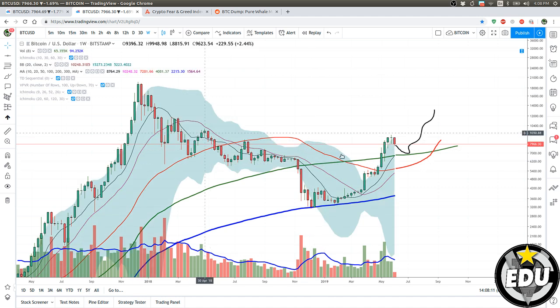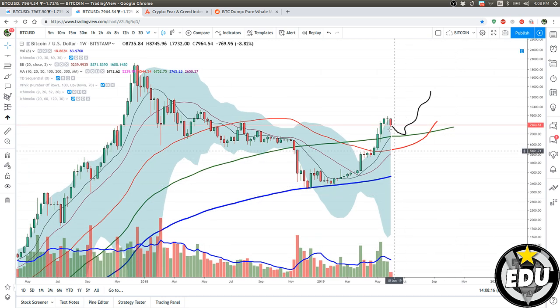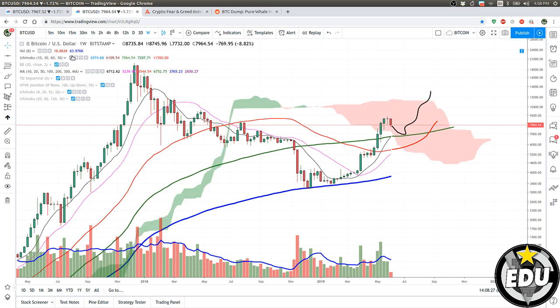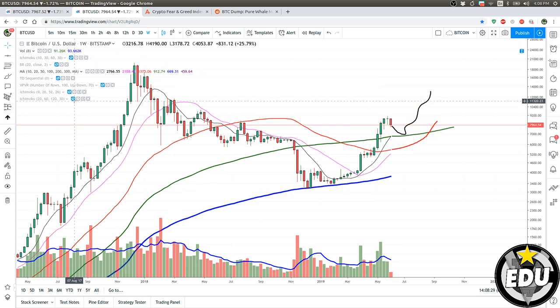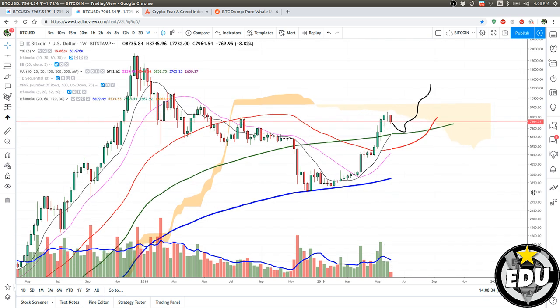Look at Bollinger Bands. Very oversold. I mean, on the weekly it's pretty hard to use this indicator and say, hey, there is a correction that's going to happen, because it can keep being oversold, and we have no clue. The Ichimoku cloud, I think there is the 26 that's acting as a resistance here.